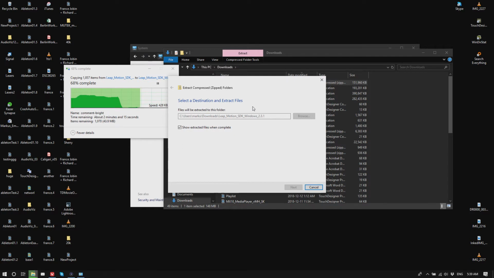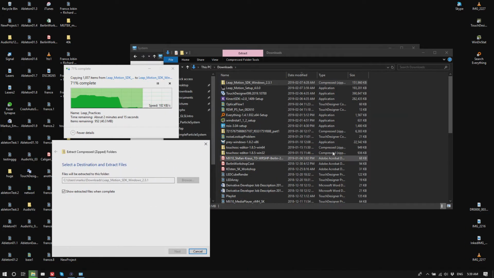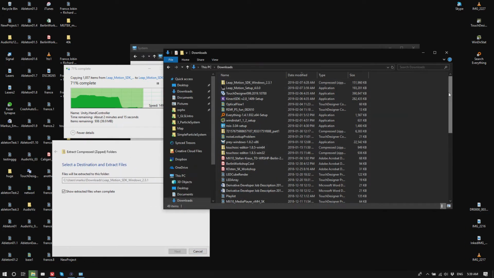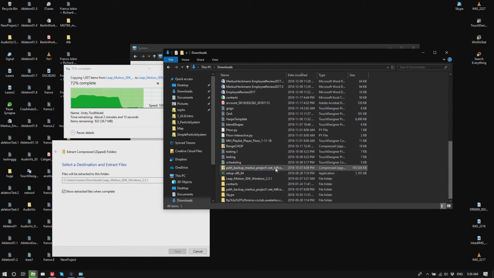So if you're using the official build, then you would have to install the version 2 SDK. This is taking a surprising amount of time.